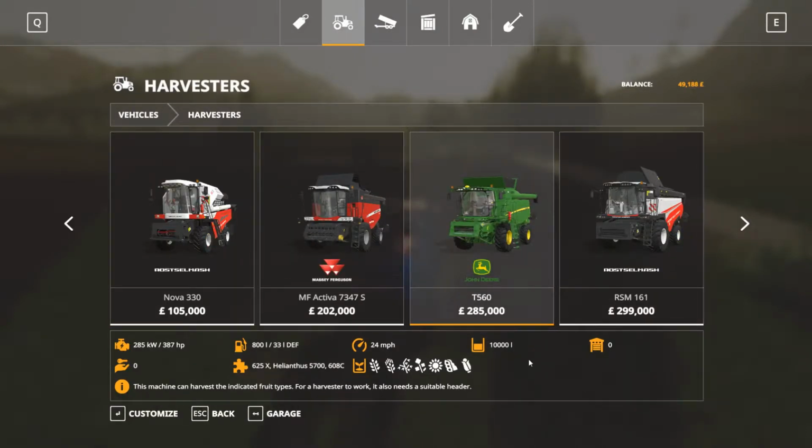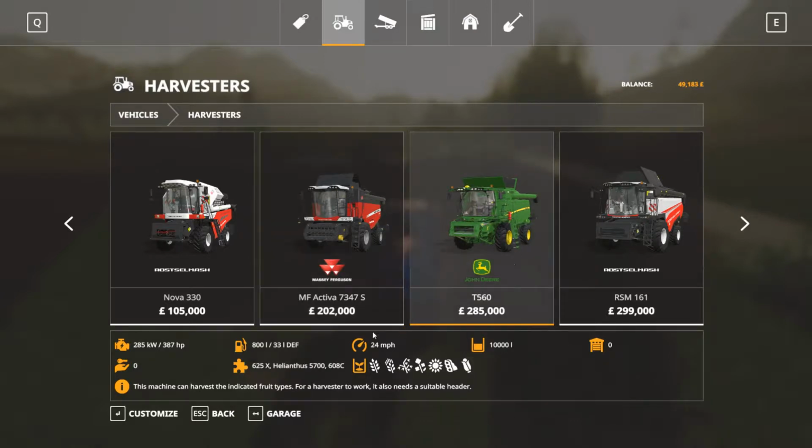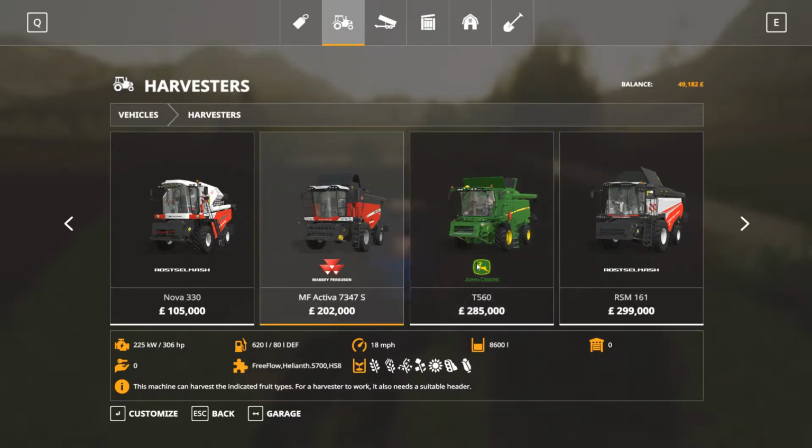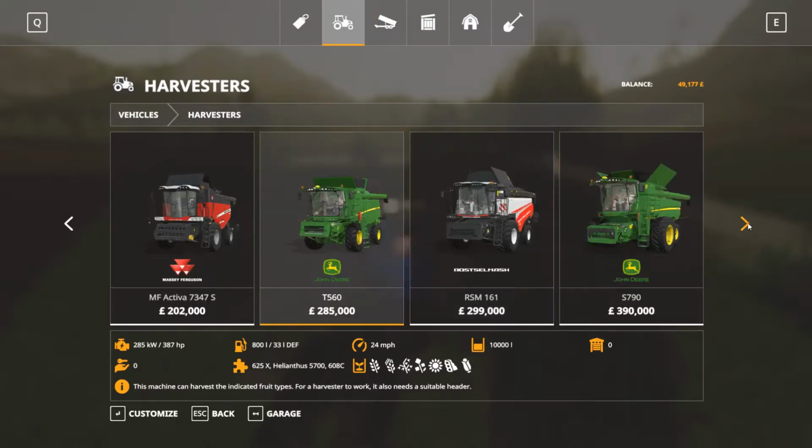holds 10,000 liters, which is really, really good. So the John Deere holds 10,000 and the Massey holds 8,600. So it's only 1,400 liters, which in the grand scheme of things is not that much considering they have the same size header. But for the price difference, and obviously it moves a little bit faster and is a little bit more powerful as well, for what it can hold and the price difference, I just don't feel like it's worth it. Whereas alternatively, for a slightly little bit more, you can then obviously get